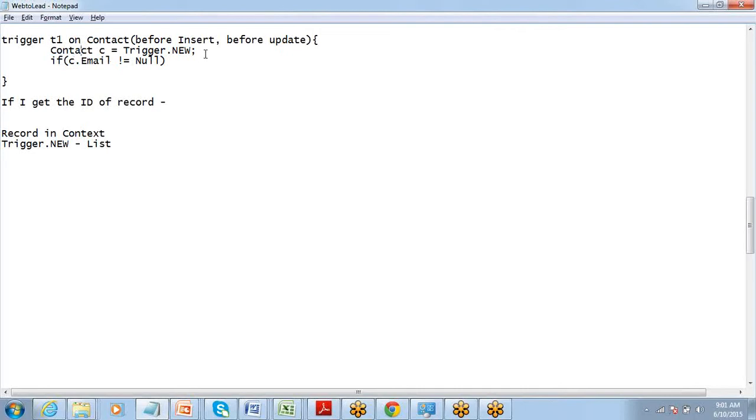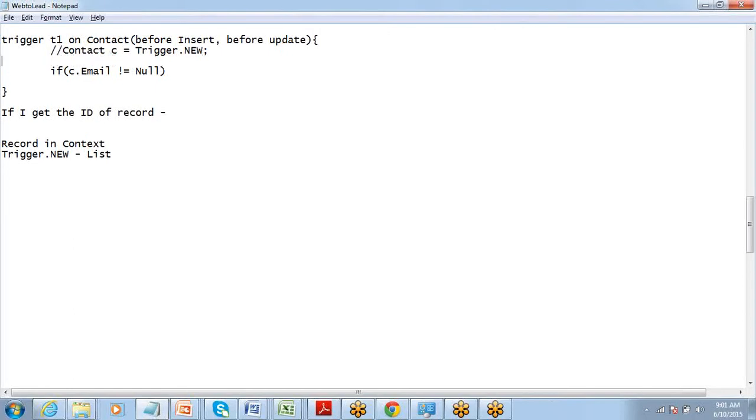So I just have to make a small modification here. Instead of writing this, because I want to check the entire list, use a for statement here: for Contact c within trigger.new.